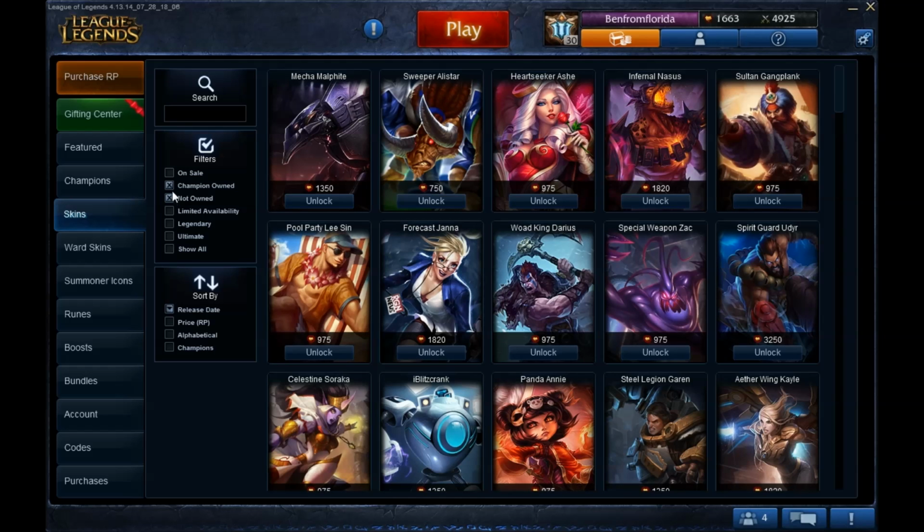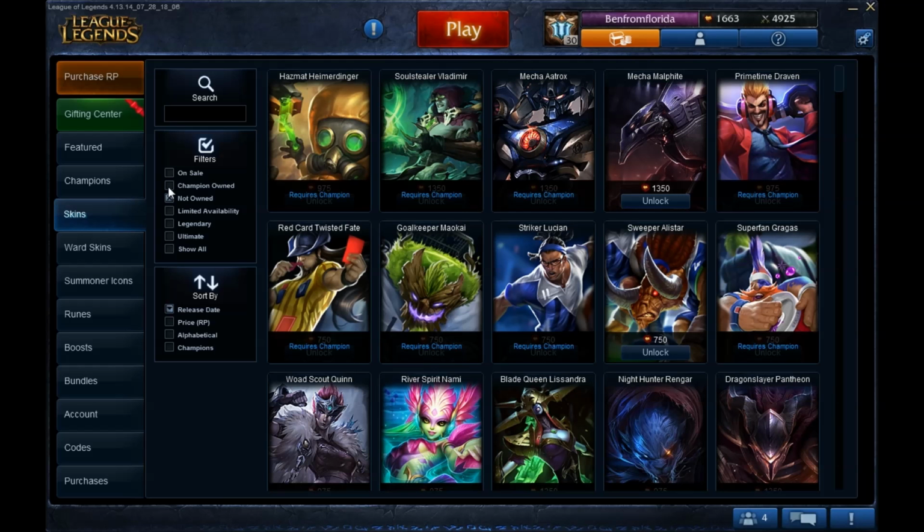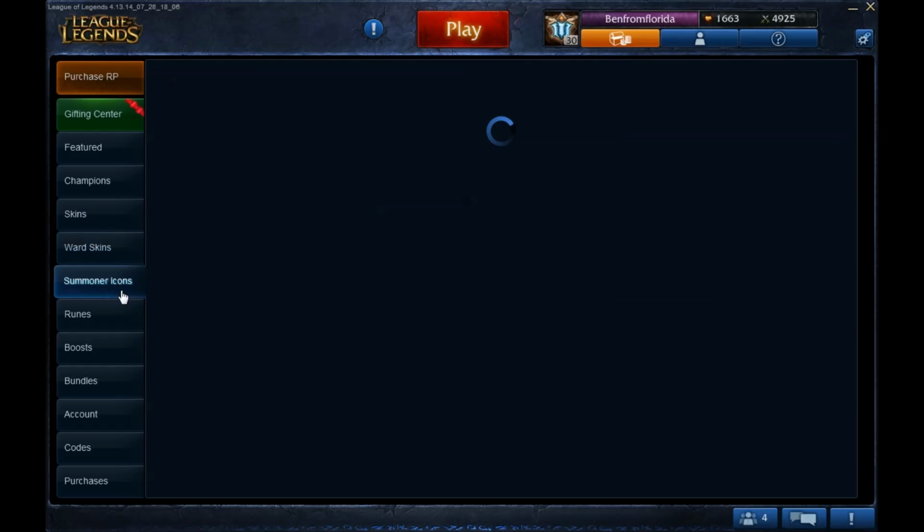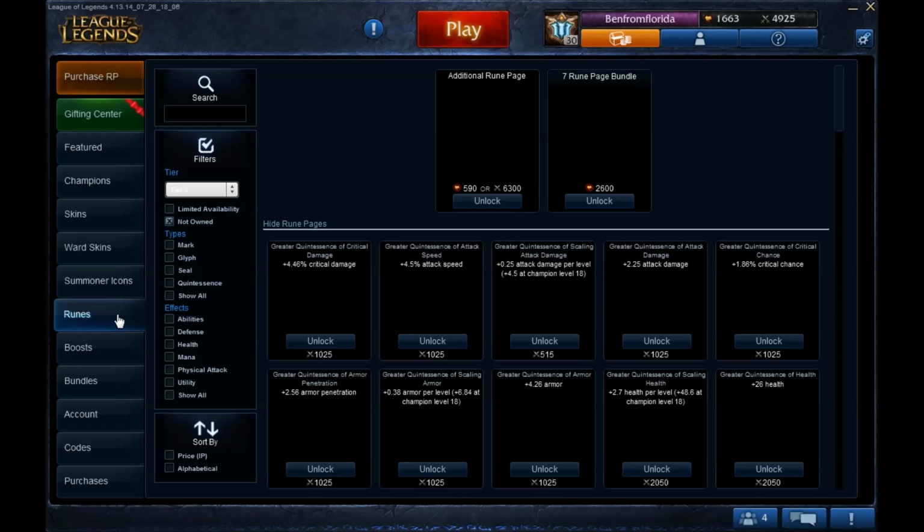I can just do champion owned and not owned, which are good, because then it shows all the skins that I do not own for champions that I do own. If I don't have the champion owned box checked, it'll show me things like Hazmat Heimerdinger, but I don't own Heimerdinger, so I can't buy the skin yet. But if I go buy Heimerdinger, then I could buy Hazmat Heimerdinger, and it would show up on my champion owned list. You can buy other things like ward skins and summoner icons, and rune pages and runes and things